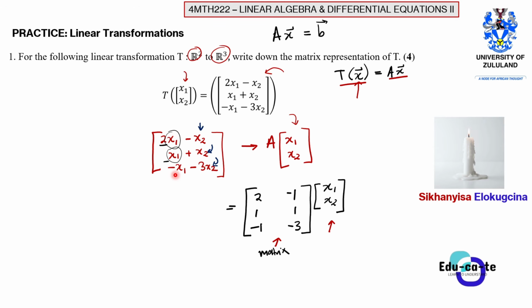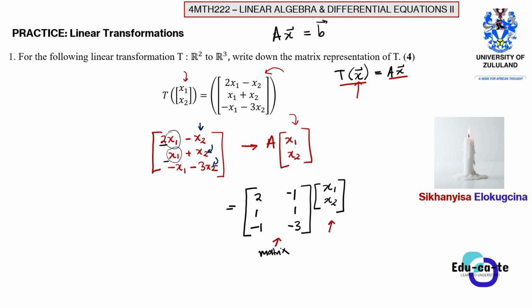But the idea here is whenever you are transforming a vector from a certain dimension to another, for example here, you are transforming it from having two rows in this column. It's a column vector, so it has 2 entries, right? It had x1 and x2 as the 2 entries. You are transforming it to have 3 of them, which is this one, and this one. As you are transforming it, you are multiplying the vector x1 and x2 using a matrix A. So you just need to solve for the matrix A that will be multiplied to the vector x1 and x2, the one that we are transforming, right?